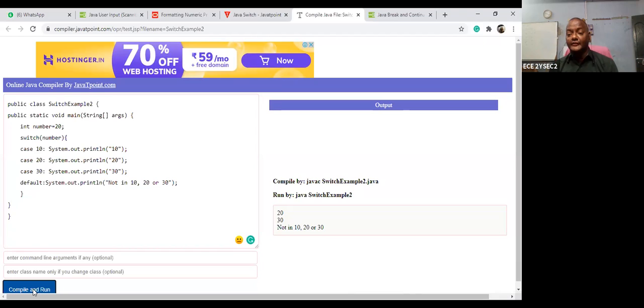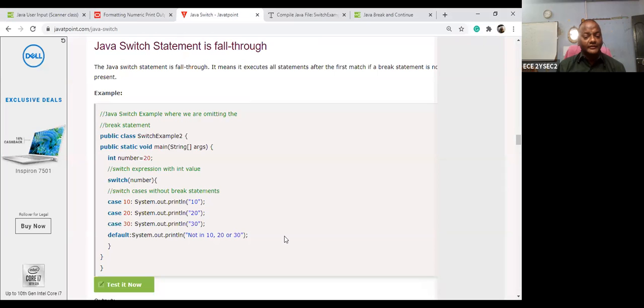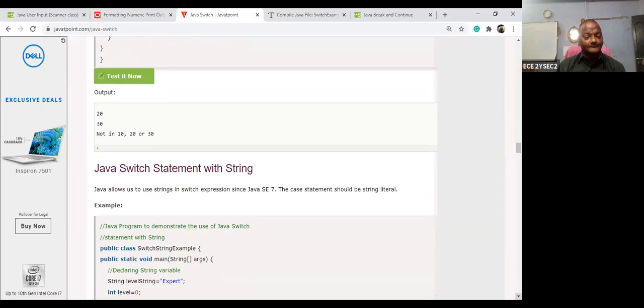So that's why, after execution, you can use the break statement. So that's why there is a problem.